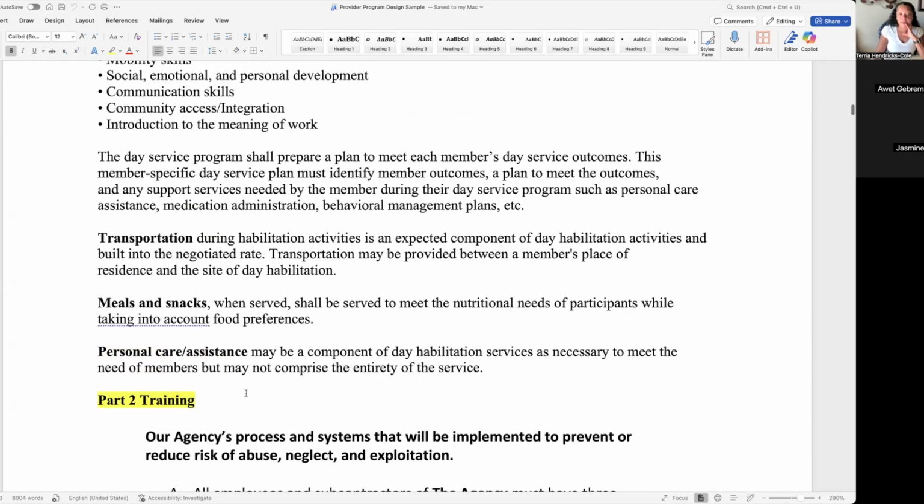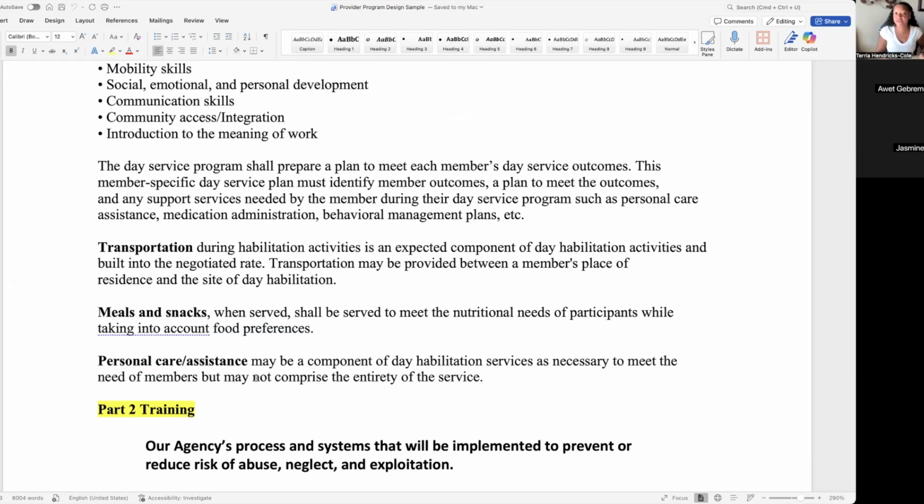Any other questions that you guys have? Earlier when you said meals and snacks, do we have to provide meals and snacks for a client? No, you do not. You don't get reimbursed for providing meals and snacks, so I wouldn't recommend you provide them. I do recommend making it mandatory that your clients bring their own meals and snacks, because there's no reimbursement. You don't get paid to do that, so why would you do that unless you just want to?